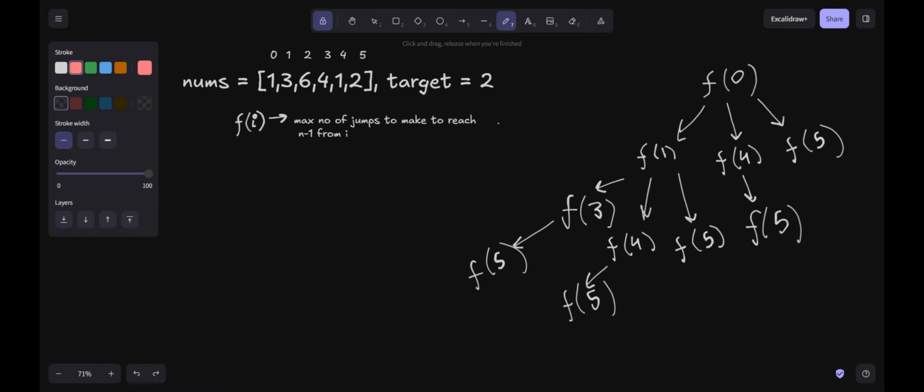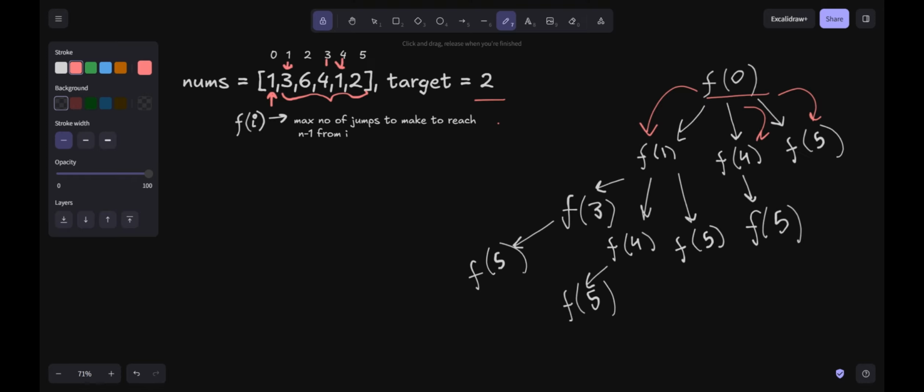Let's quickly look at the recursive tree that we will be having for this particular example. So when I am at index 0, I have to check whether these values are reachable or not. From f(0), I can only go to f(1), f(4) and f(5). Why? Because at f(1) I have 3, and 3 minus 1 is less than or equal to 2.